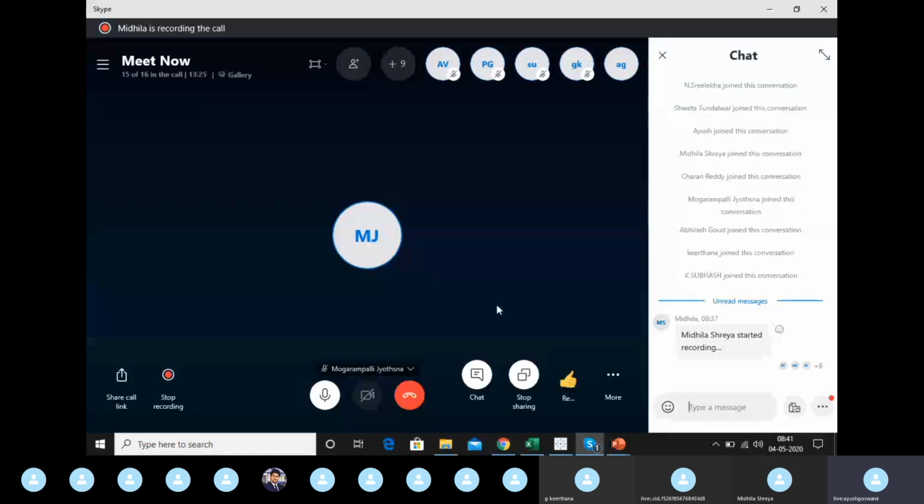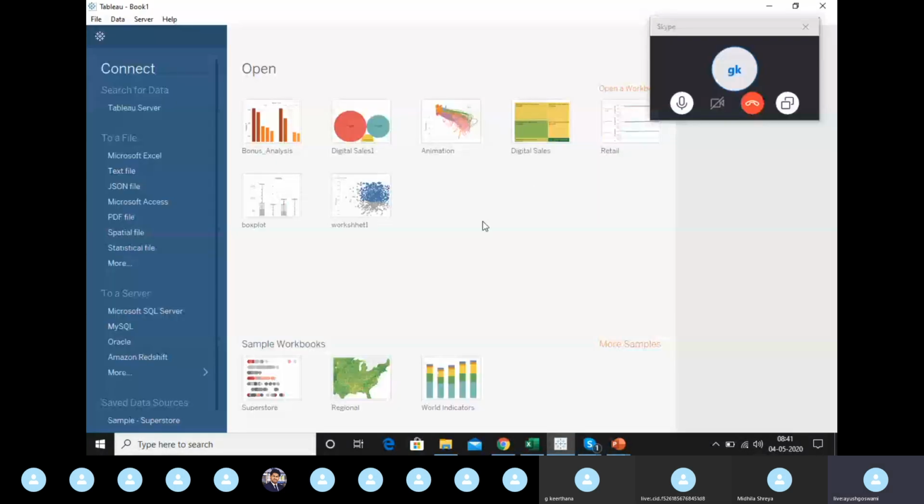Here you have to connect to an Excel file. This time we are using an Excel file; last time we used a CSV. Navigate to the file where you have stored it, unemployment data, and click on open.